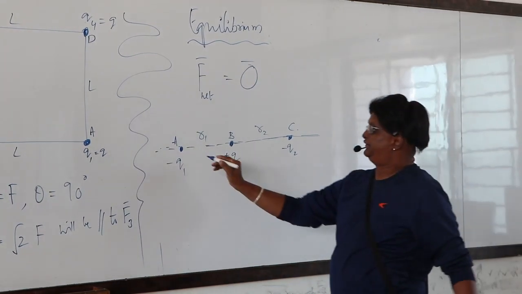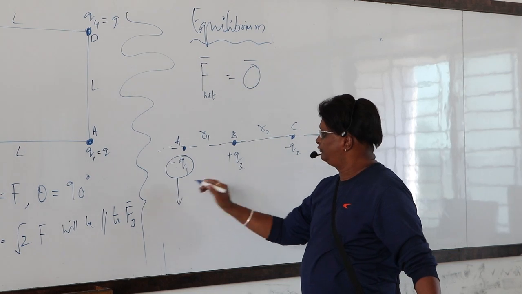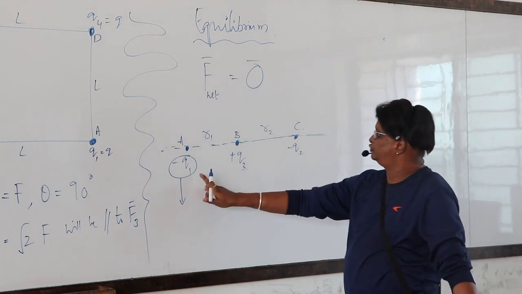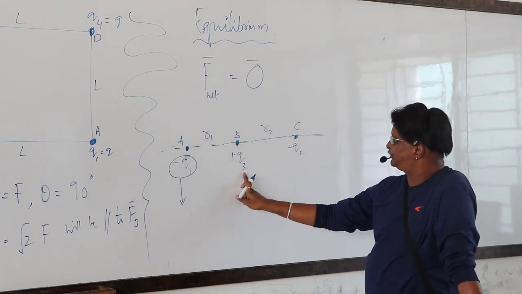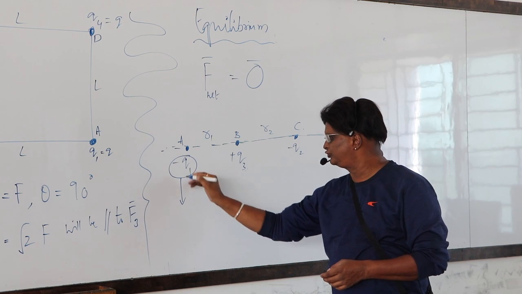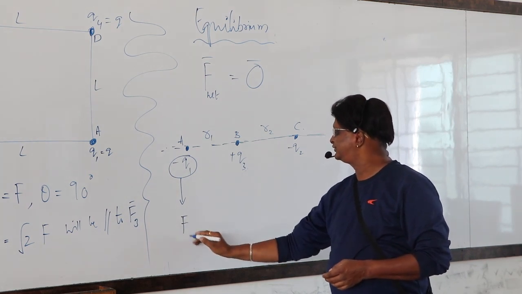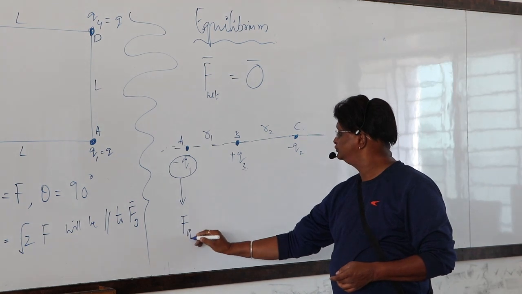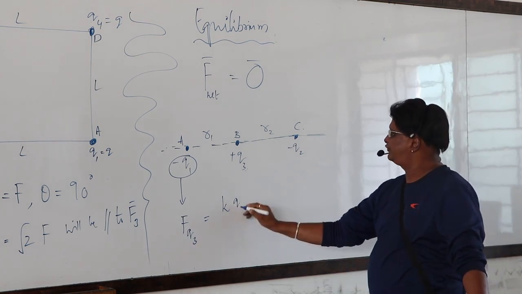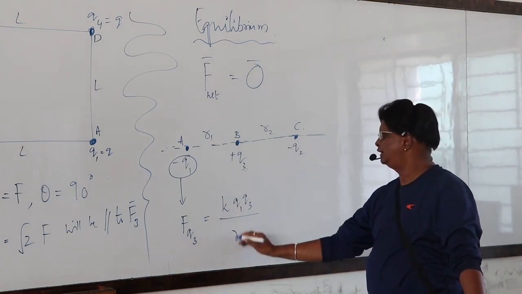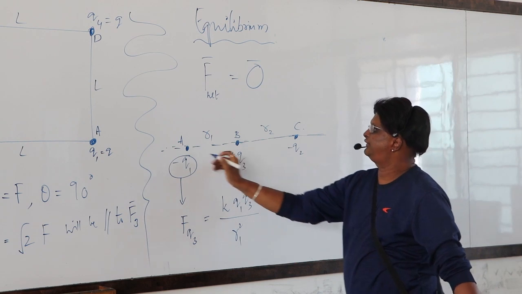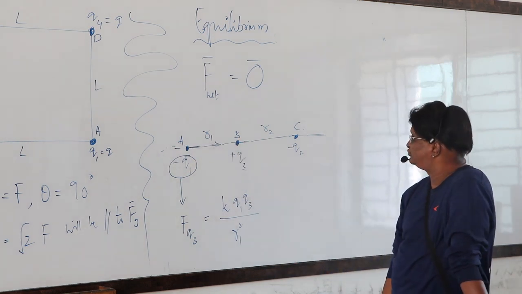Suppose I have to examine Q1. What will be the case of Q1? Is there a possibility for Q1 to be in equilibrium or not? Now this Q1, as you can find, is attracted by Q3 but repelled by Q2 because of the like charge. Therefore, the force due to Q3 is 1 by 4 epsilon naught, which I am writing as K, Q1 Q3 by R1 square. The distance between them is R1, and since these are unlike charges, it is an attractive force, that is, towards Q3.